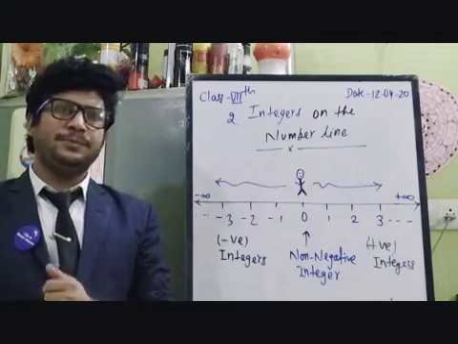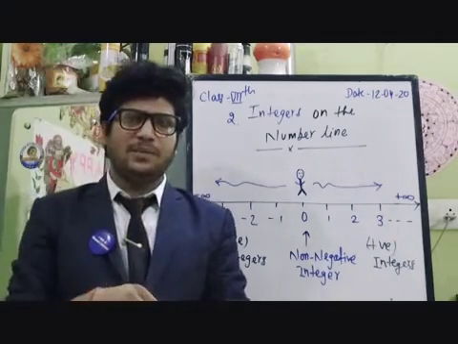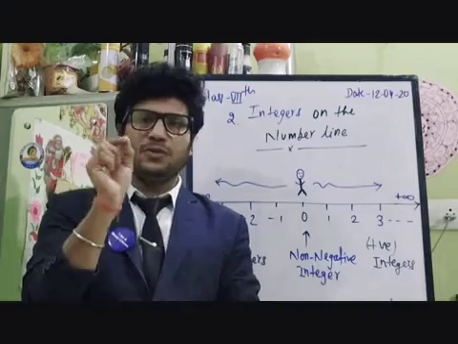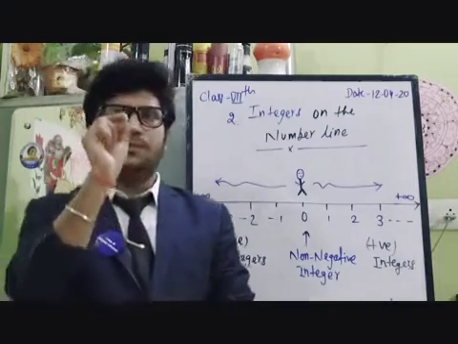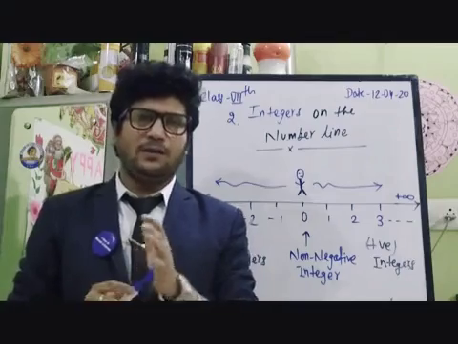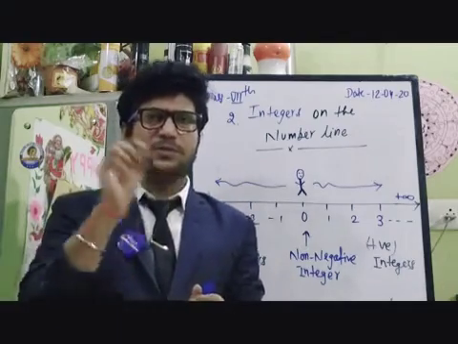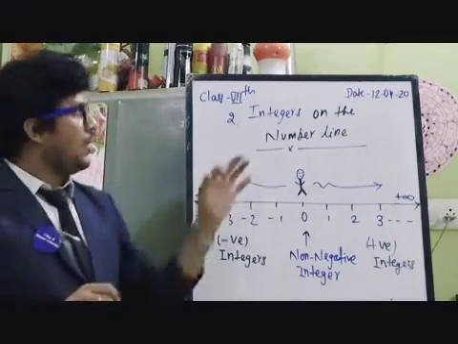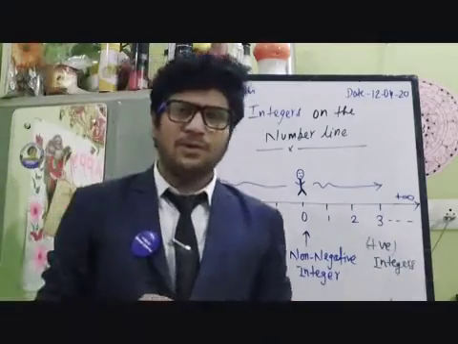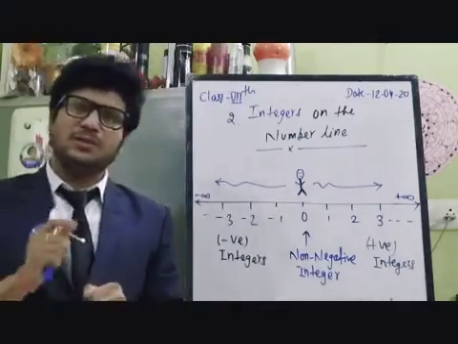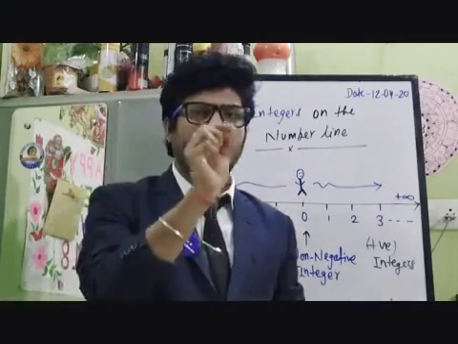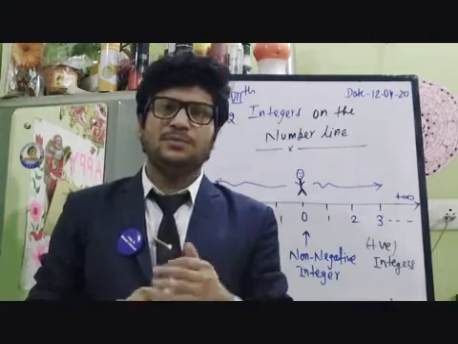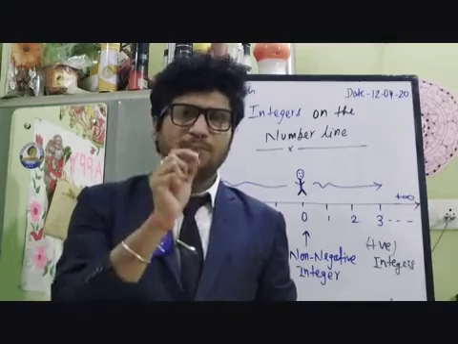All of you know the number line. You know how to denote it. We draw one number line. If you denote natural numbers, you start from 1 to positive infinity. If you denote whole numbers, you start from 0 to infinity. Now, how do we plot integers on the number line? You already know how to plot natural numbers, starting from 1: 1, 2, 3, 4. Whole numbers always start from 0.